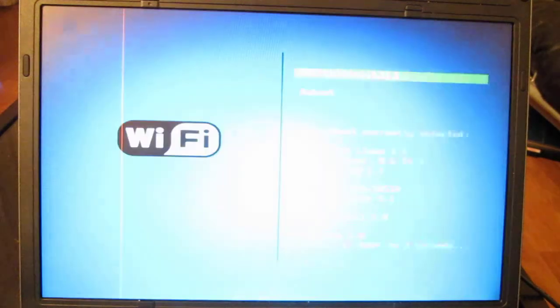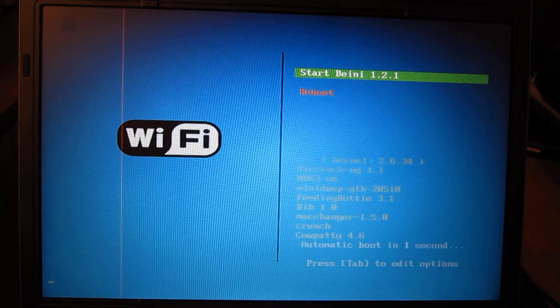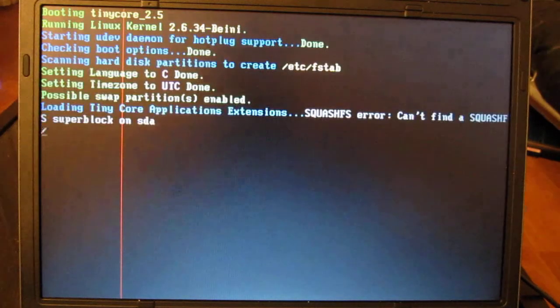And there it is. That's now not booting up with Windows on my hard drive, it's booting up with the CD. We're just going to press enter on Start BAMI, and we wait. It doesn't take long to boot up, and again I have picked this particular installation of the tools for its simplicity. It does mean that we don't get to do some uber advanced stuff that you can do with hacking